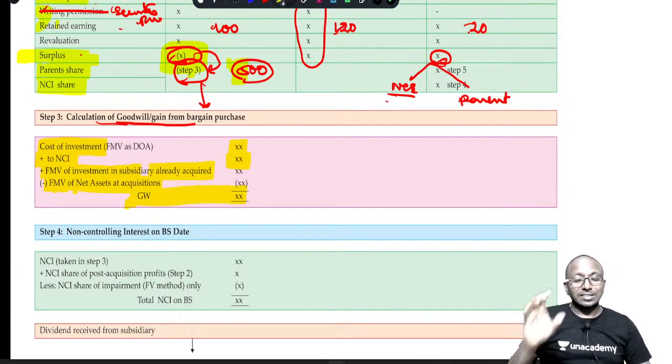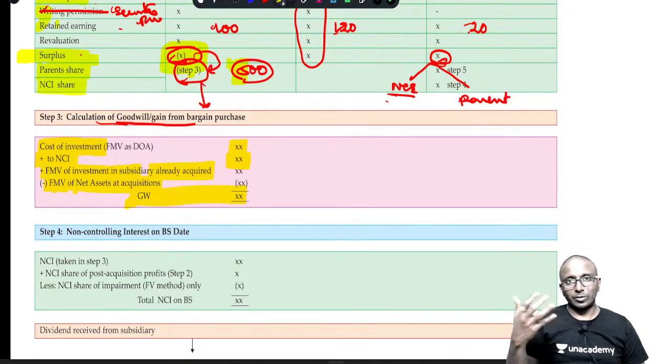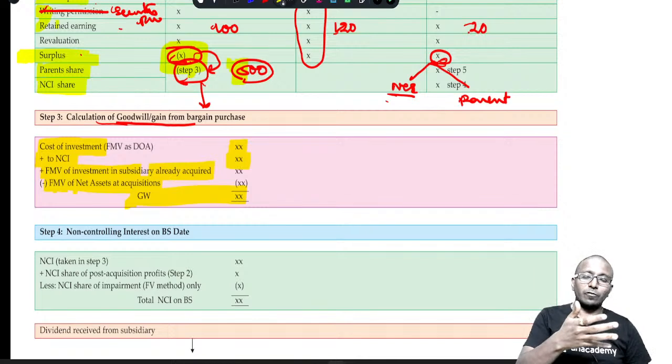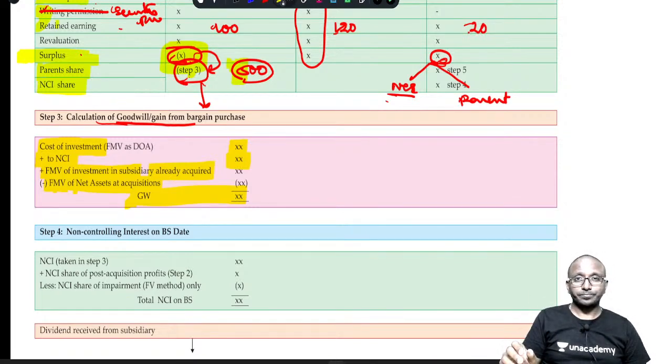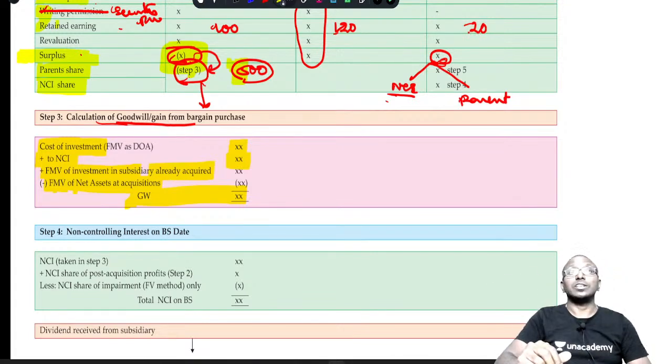Whenever there is a capital reserve, as per Ind AS 103, it asks whether it is really correct that a capital reserve has come, because it's a gain, my dear. Why will the other company sell themselves for less than the fair market value? It is a very rare circumstance. That's why they say recheck the fair market value computation entirely. If you find they sold it cheaper because of some practical reasons or circumstances, otherwise they would not have sold it,